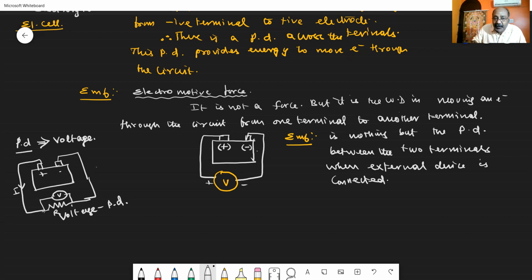According to Ohm's law, the potential difference or the voltage across the resistance is V equal to I into R. This I into R is the potential difference now available across the battery when an external circuit is connected. This is voltage or potential difference, which will be less than the EMF. When there is no resistance or no external device in the circuit, the potential difference is EMF. If an external resistance or a circuit or a device is connected to the battery, then the potential difference available is voltage. Are you able to differentiate?